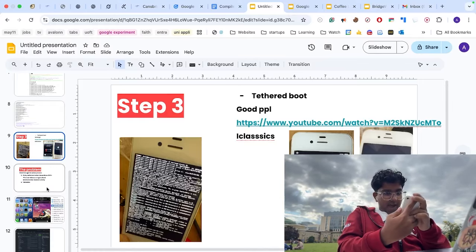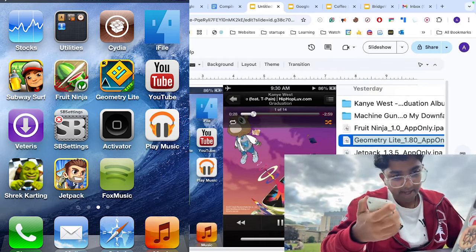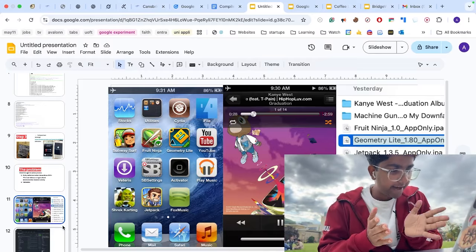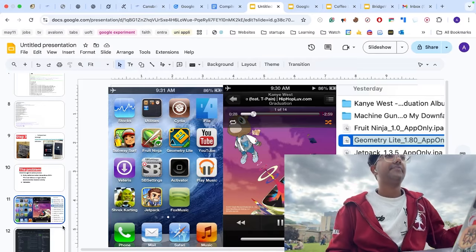So I'll explain it. All the apps I got through downloading IPA files for all of them. There was one Google Drive that had a bunch of games. There was a web archive that holds old IPA files. Then music. So after you get all the IPA files for the apps, then you could download